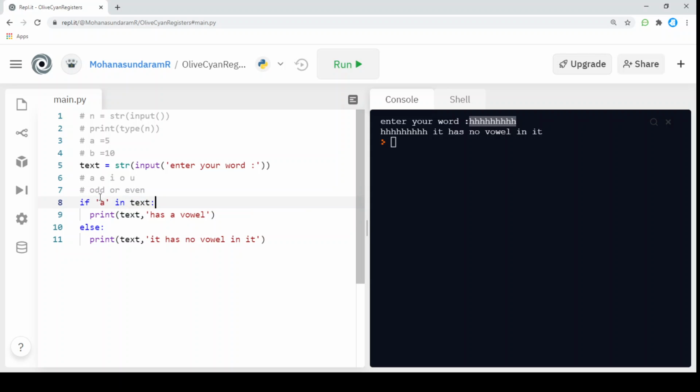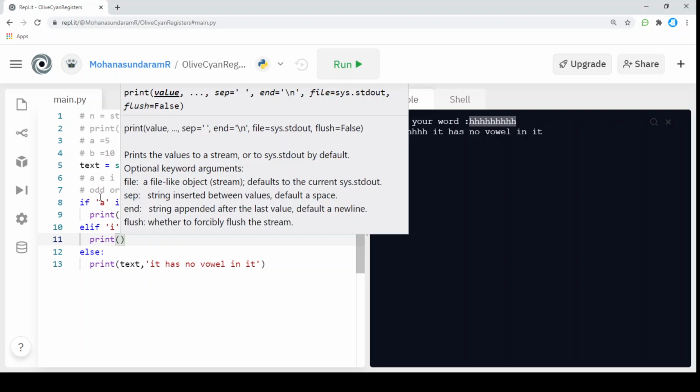If a in text, and the next thing I'm going to pass is elif. In elif I'm going to pass i in text, then print.